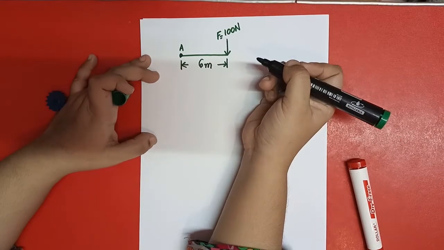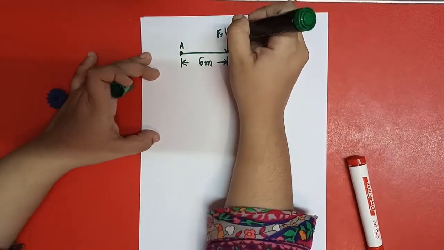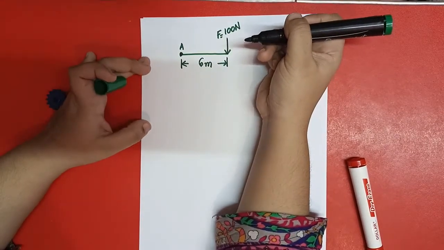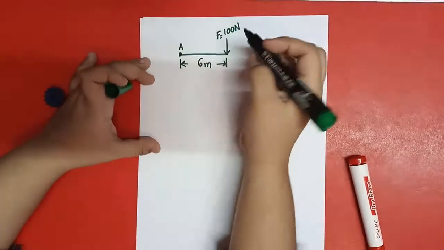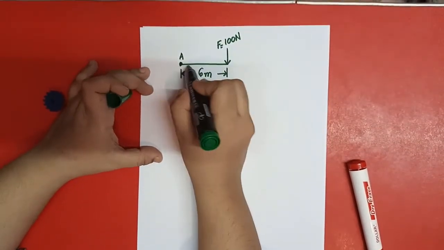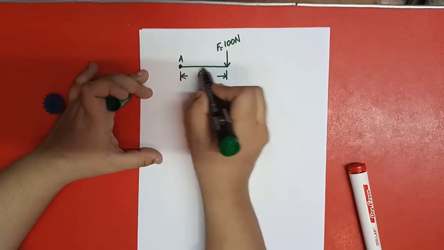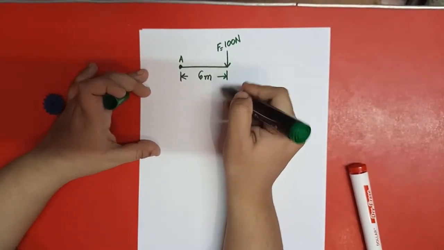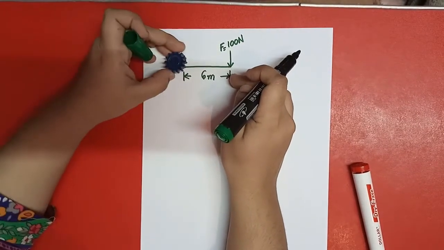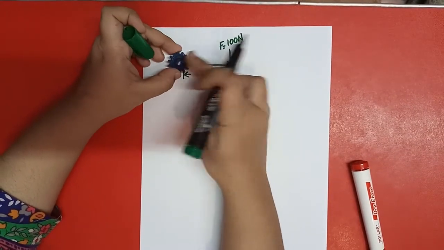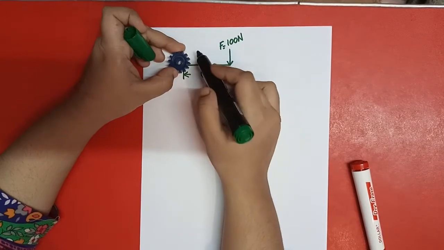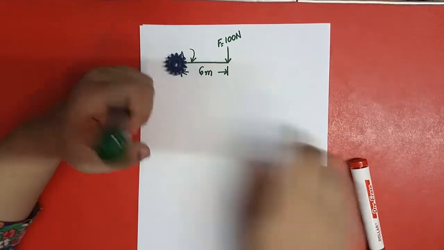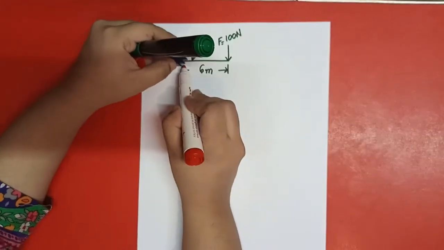What we have to do, for example, when we apply force at this point, and this point is, for example, B. This force will push this beam or this line or this rod or cord, whatever it is, downwards. So when it pushes downward, what will the moment produced at point A be? The direction of this moment will be like this, because it will force it downward. So how can it force it downward? It will be like this.